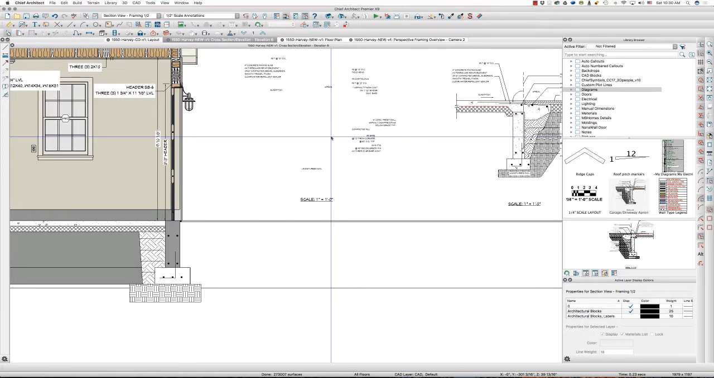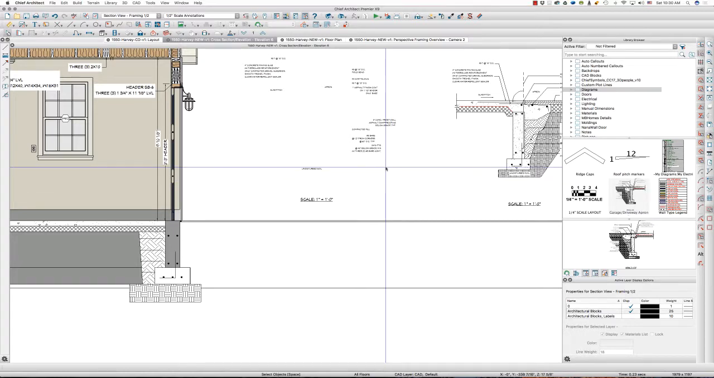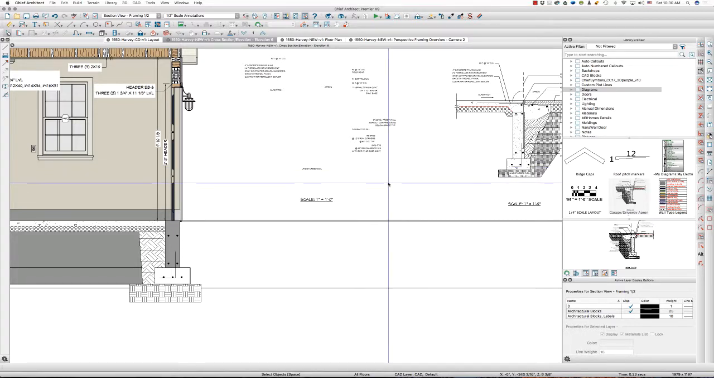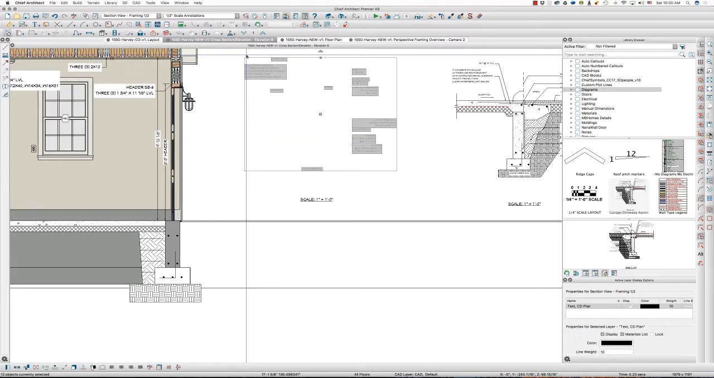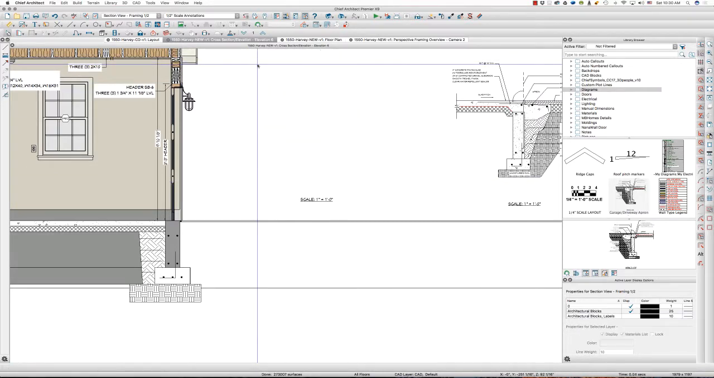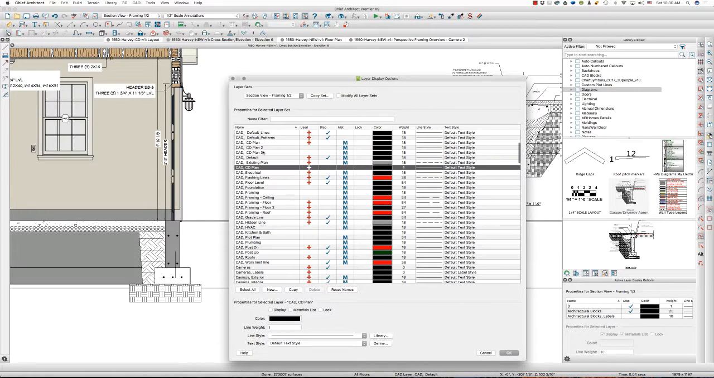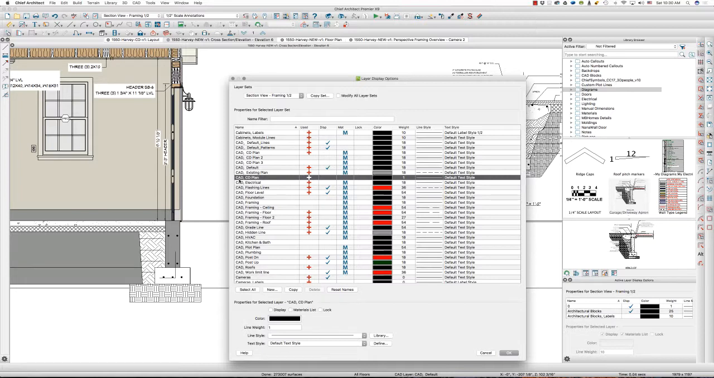And then you wonder, now what happened? Well, it's just on a layer that's not turned on right now. Don't worry. But right now I'm not going to copy the text with any of it, so I'm just going to delete that text and go into my layer display options. I drew this on a layer called CAD, CD plan. So all those lines and objects are on that layer, if I turn that layer on,